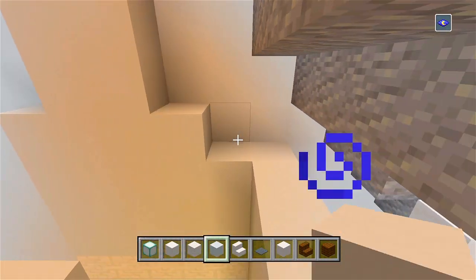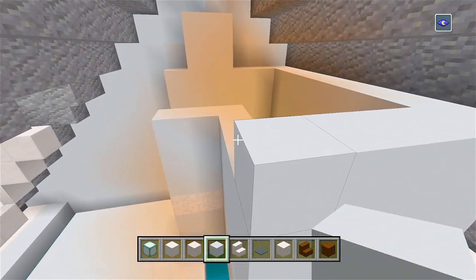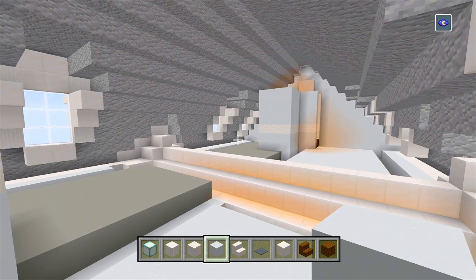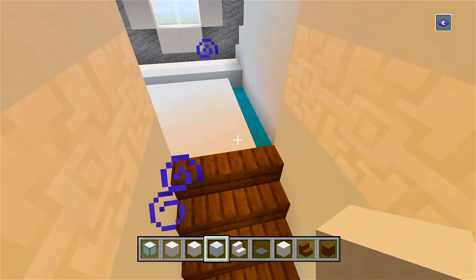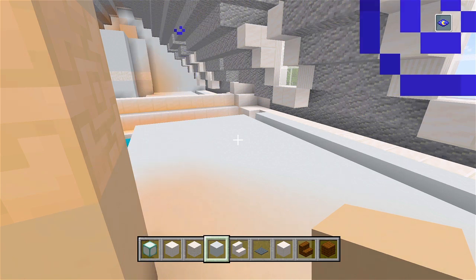Okay, I'm doing the last layer now. Looking good. So now we'll go ahead and start filling in the walls for the rest of the floor up here, and then we'll fill in all the floors. So real quick, when you walk up the staircase, I have 2 different designs that I did, so